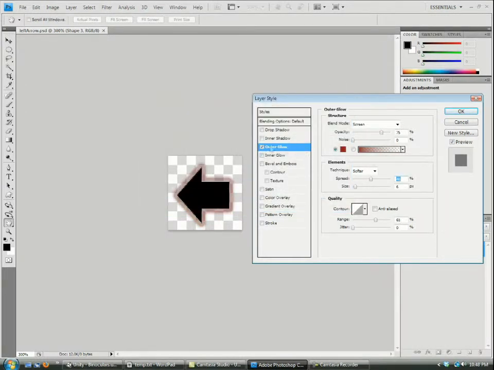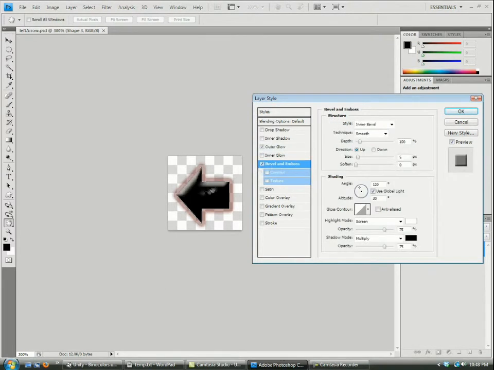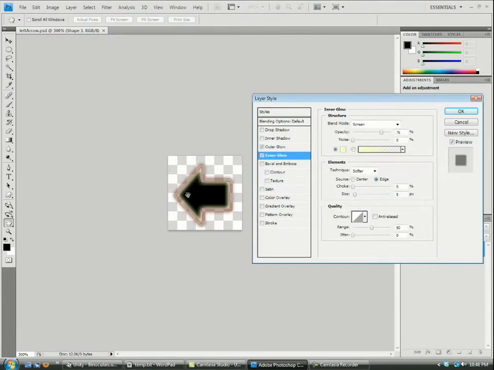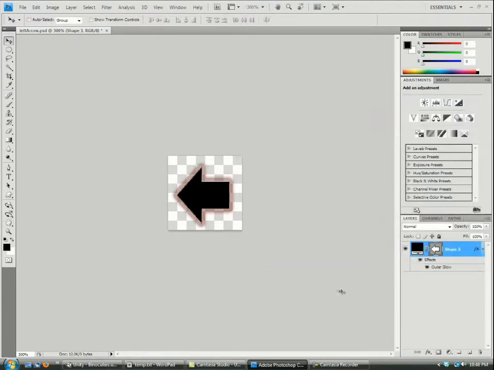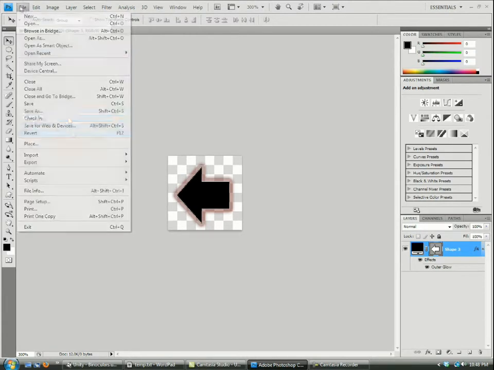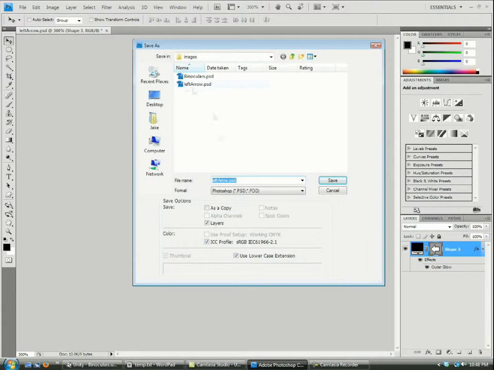And if you don't want to do outer glow, you can just do inner glow, and it'll kind of make it easier to work with. Size, and I kind of like the outer glow though. So okay. And just save it as left arrow lit